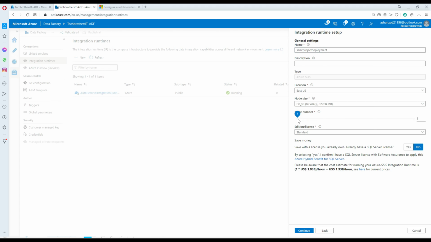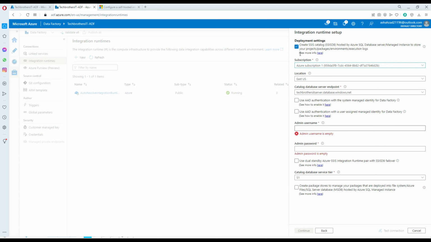Now East US is fine, and 2 cores is just fine. I don't want to have a lot of cores, and I don't want a lot of nodes because I'm not in need of running hundreds of thousands of packages, so I don't need them. So click next, and here